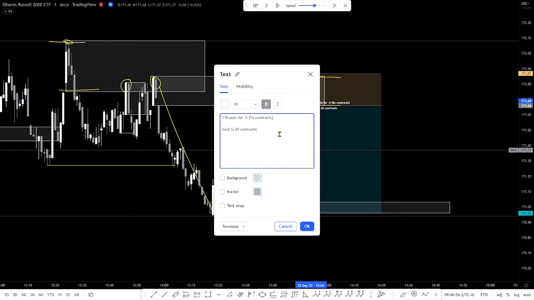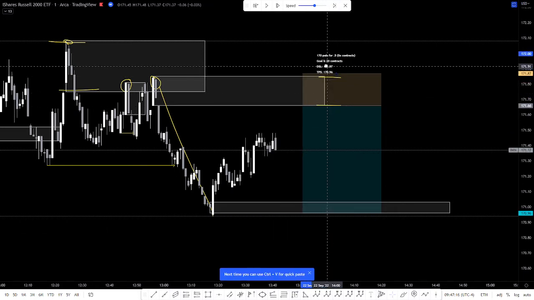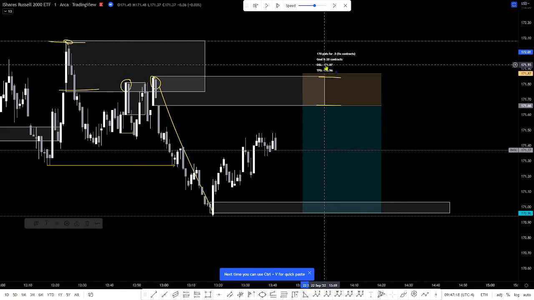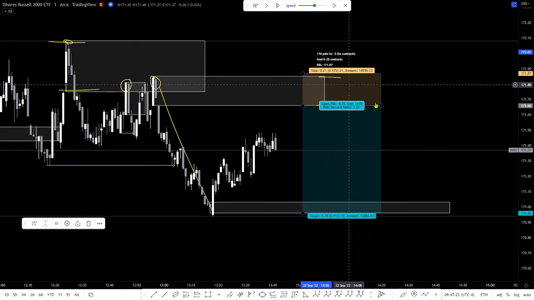My dynamic stop loss is going to be at 171.87. My take profit to scale is going to start at 170.96. So this is the way I trade, and this is the way I'm trying to teach you guys how to trade this. And I'll teach you what this dynamic stop loss is and your take profit to scale is,